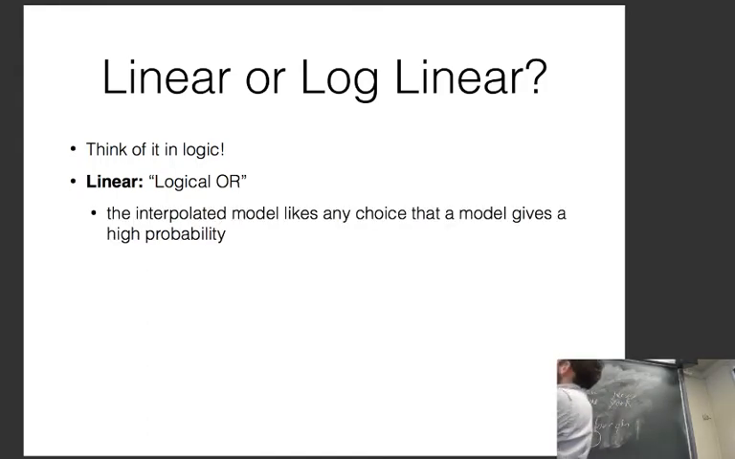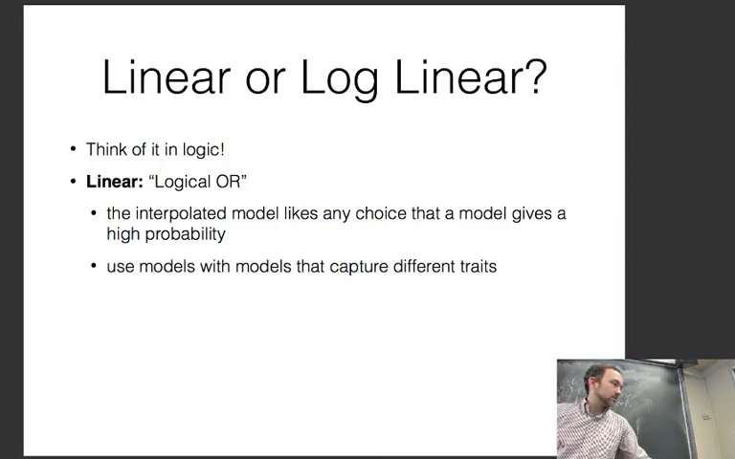The interpolated model will like any choice that any model gives a high probability. So for example, if model 1 gives a probability of 0.4, and model 2 gives a probability of 0.00001, 0.4 is a high probability, so you'll still get a probability of like 0.2, which is still reasonably high. On the other hand, this is good to use in models that capture different traits of the problem. So if you have different models,